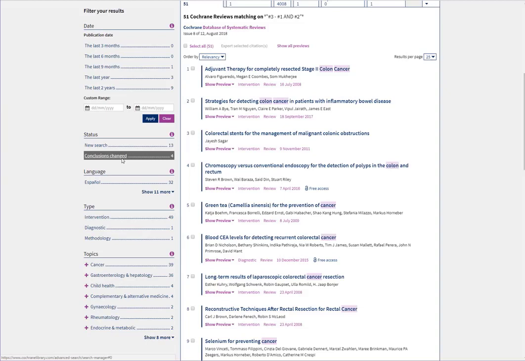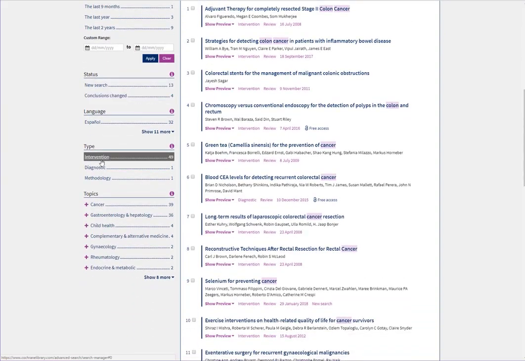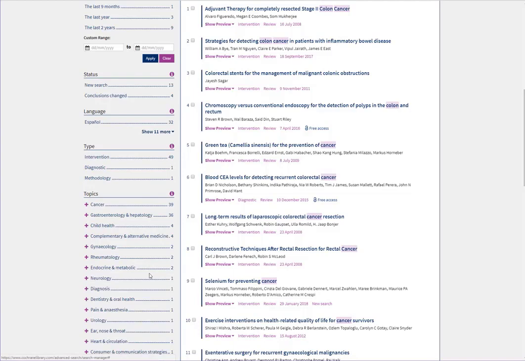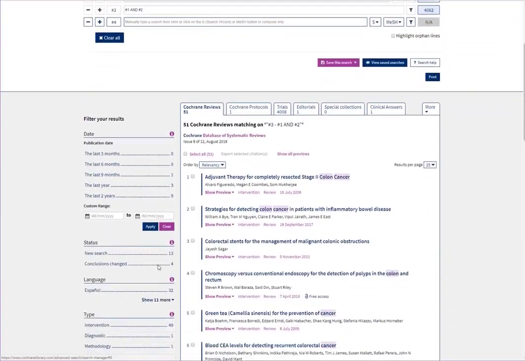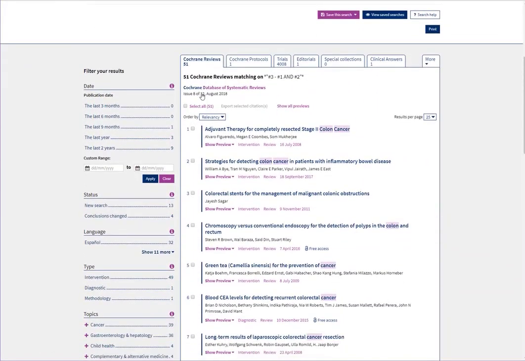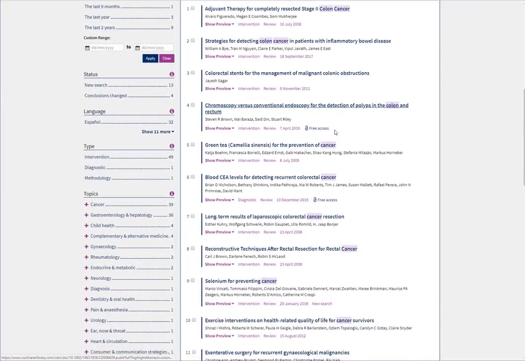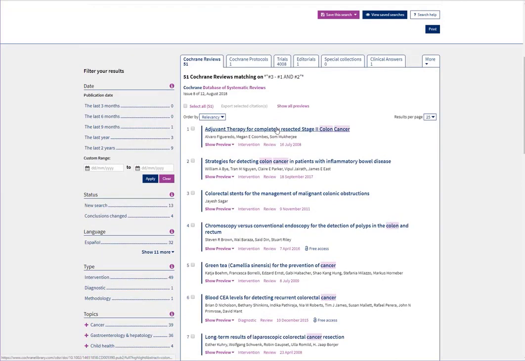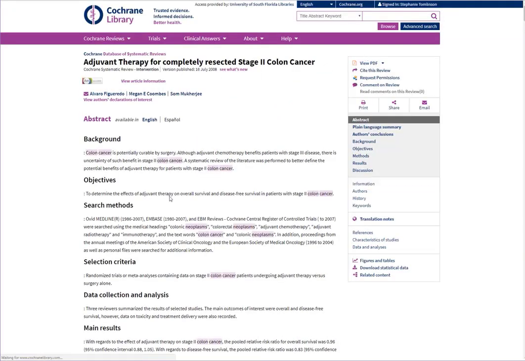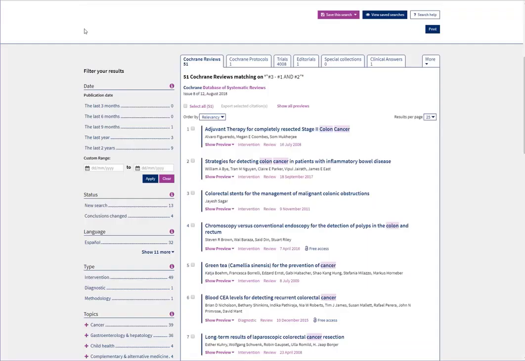You're able to limit by type, so diagnostic, intervention, and further down some additional topics. As you can see here, the first page we land on are actual Cochrane reviews. If you are logging in through USF's network, you are able to see the full PDF of the article and find the citation information. Here you can see some Cochrane protocols,